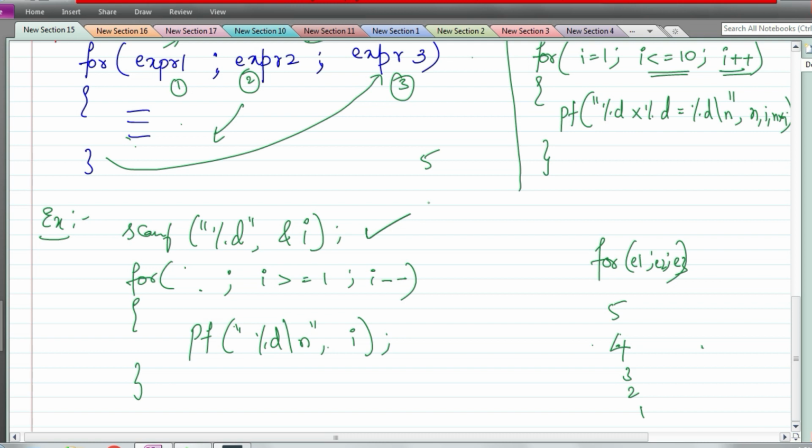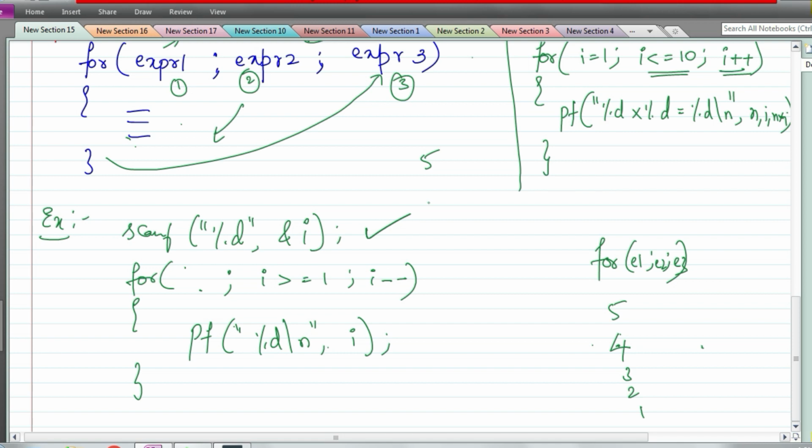Do while, I already told you when to use. If you have a menu driven program, like all those data structure programs where you display menu options for the user, and then the user chooses one menu option, and based on that, input is taken from the user. That is a menu driven program, and in our data structures class we have already done menu driven programs for stacks and queues. In such cases we make use of a do while loop, and you will use do while whenever you are in a situation wherein the set of instructions needs to be executed at least once.